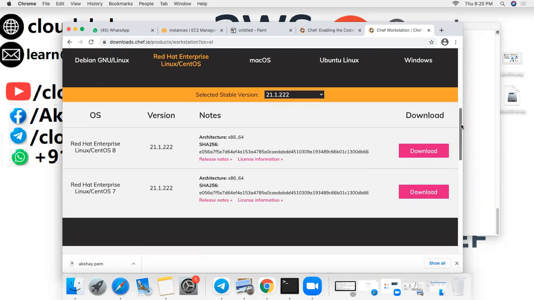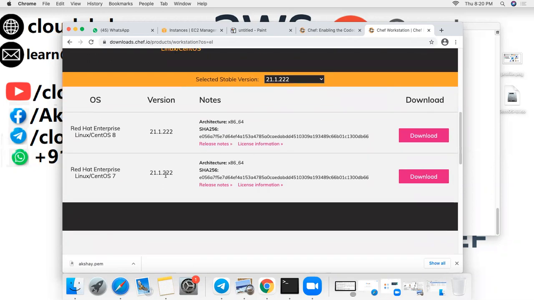So the latest version: in an interview, the interviewer can ask the latest version for Chef server and also the Chef workstation. So we need to remember the last 3 digits of the version.